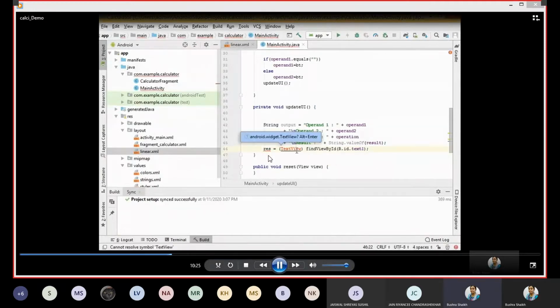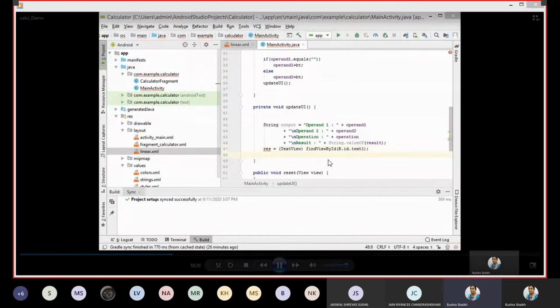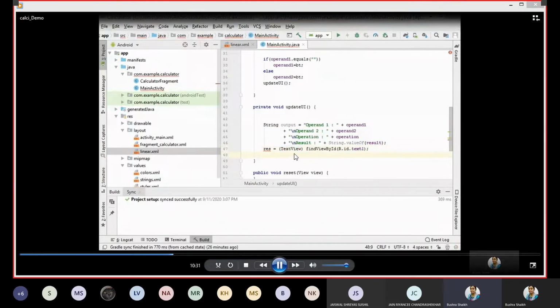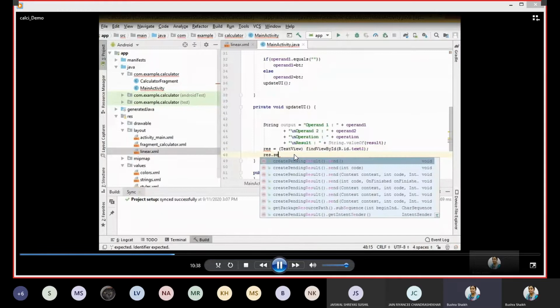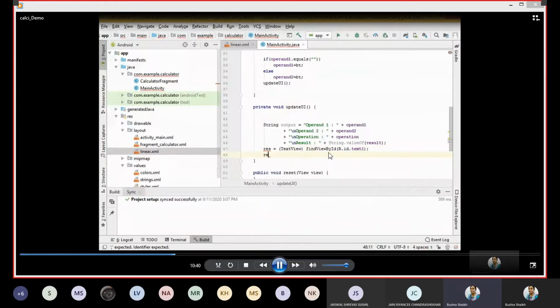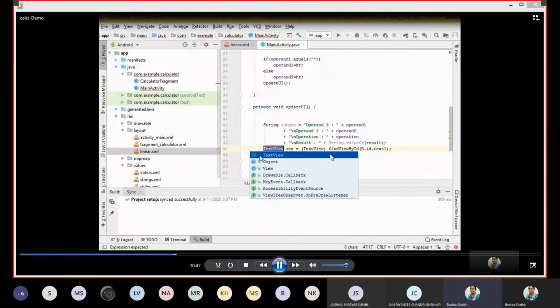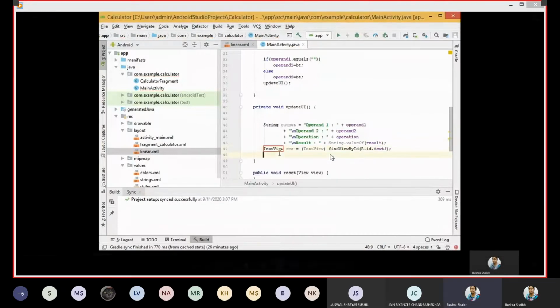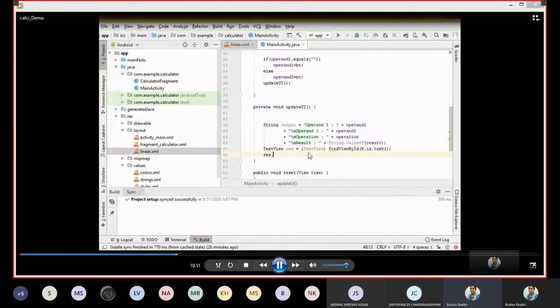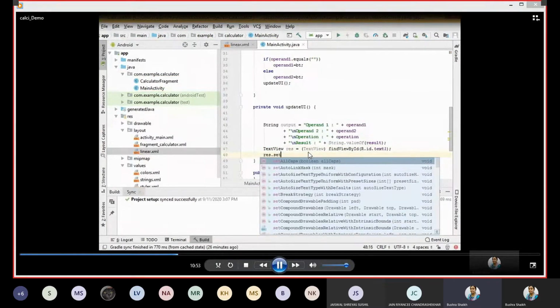So from where would our actual value be fetched, or where do we have to set it? For these two jobs, we always have to look upon the view. So from where the value has to be fetched, for that you have to instantiate the view object, and where you want to put this value, that time also you have to create the object for the view. So now this value has to be shown on the text view.